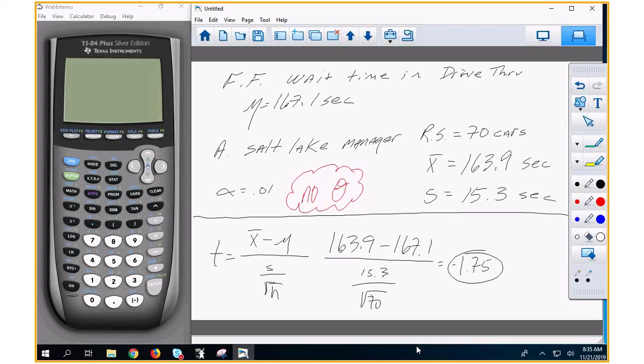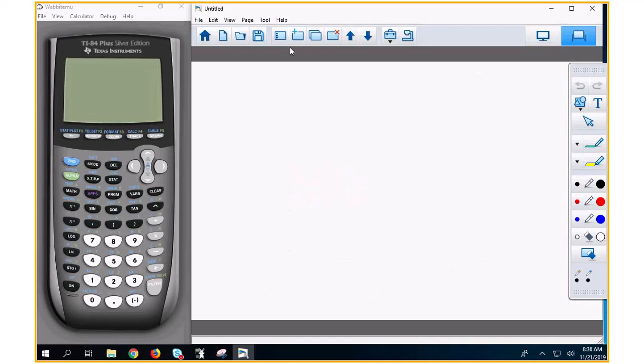Okay, now we just took care of the t-value. We just found our critical value. So you can actually draw a picture if you wanted to, or you can look it up in the table. Negative 1.75. You go to the t-table in your book, and if you don't have one, you need to find it, pull it up, or use your calculator. I'll show you how to do that if I can remember. I think I put how to use your calculator.